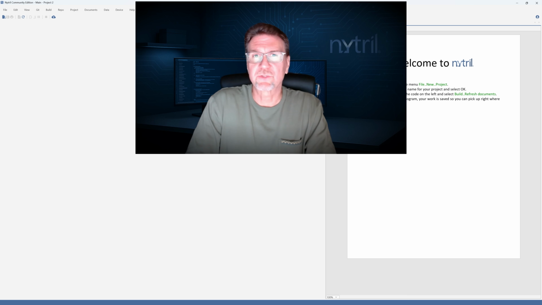A Nitral repository is really two things. It's a root path that basically holds a list of the projects that you open, and it's a pointer to a folder on the hard drive where newly created projects are automatically placed. In that folder, there can also be global resources available to all the projects in that repository.